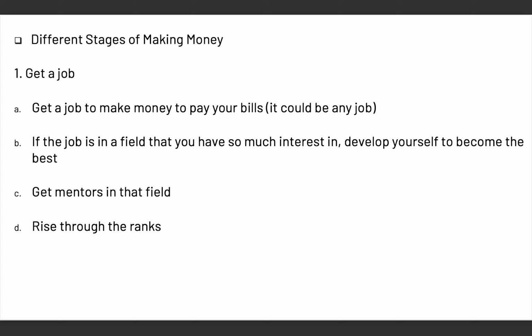And the next thing is to rise through the ranks. That is, you keep making sure that you get promoted in whatever job you are doing. So basically, this first stage of getting a job is for people who are interested in getting a 9 to 5 job, or people who want to work in a particular industry and get to the top. So this is a simple step-by-step guide that you can really follow. It is simple and straightforward, but the summary of everything is: if you want to get to the top in any particular field or industry, you need to be the best in that field. And make sure that your mentors are people that you look up to. So that's the first stage of making money for yourself.